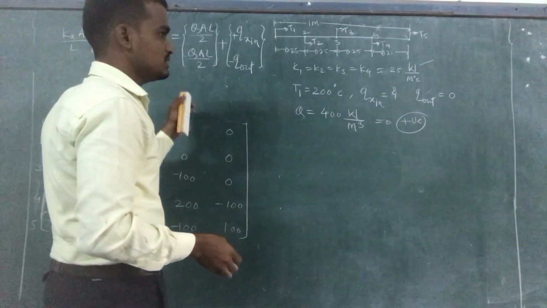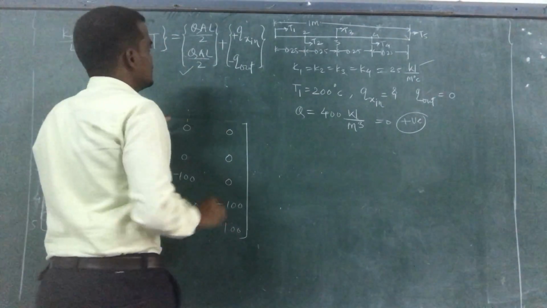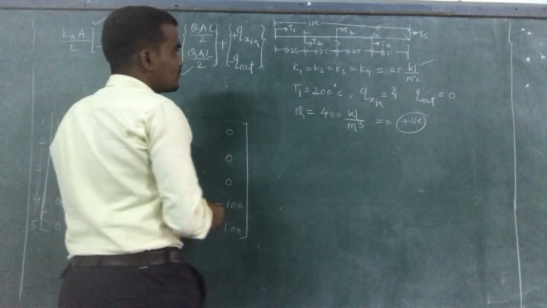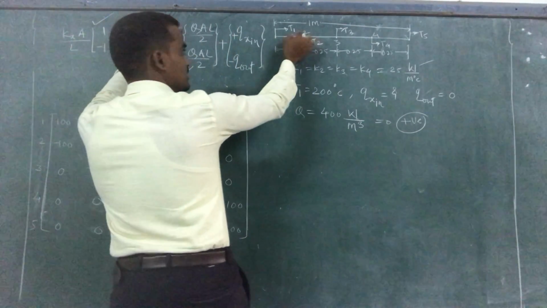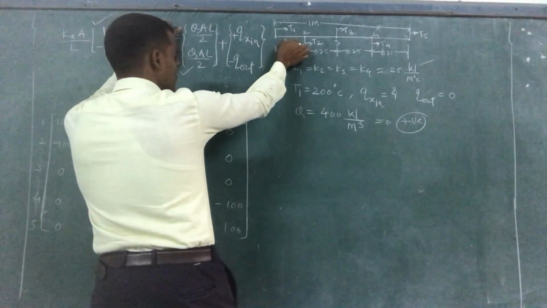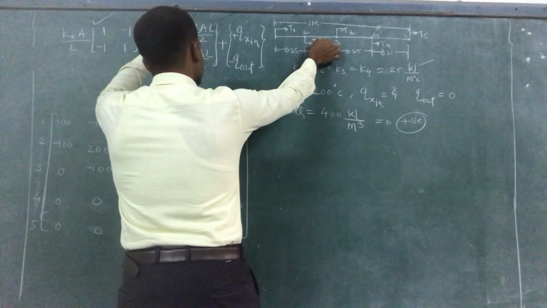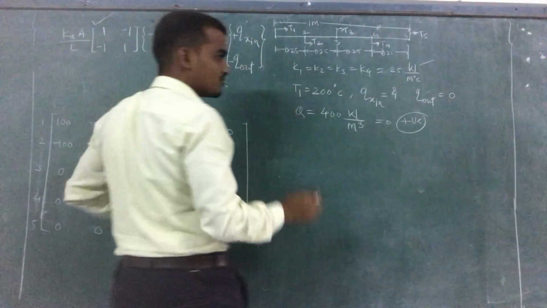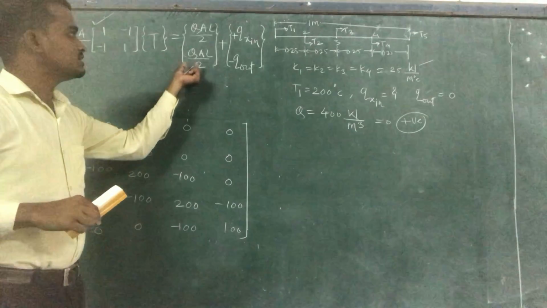Now we need to find out the boundary conditions or load vectors. Now this is your load vector. So here Q value is given 400 watt per meter. So for each element we need to determine this load vector. For first element, this is your load vector. For second element, we need to determine, similarly we need to determine this load vector for third element and for fourth element. So there are 4 elemental load vectors due to this value.